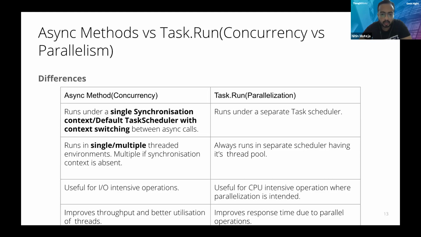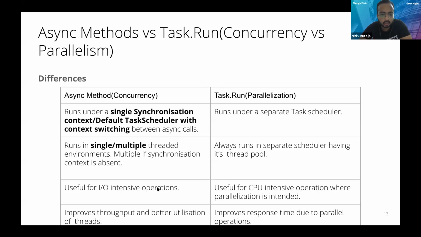You can understand it this way: let's assume my hand is a thread, and with my hand I'm preparing tea. Then I can utilize the same hand to even boil eggs. So I'm introducing concurrency, in that my hand is able to perform multiple operations together. Whereas parallelization means that I am utilizing one hand to prepare tea and another hand to boil eggs. So I'm parallelizing the operation, and I'm introducing a new thread to do that operation.